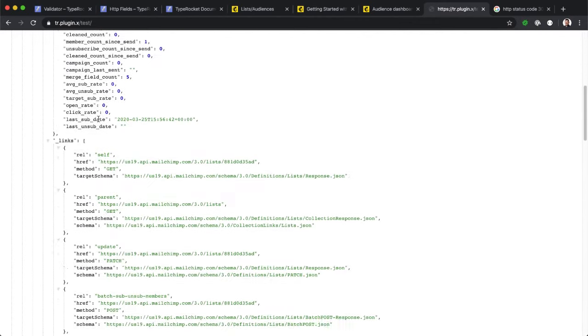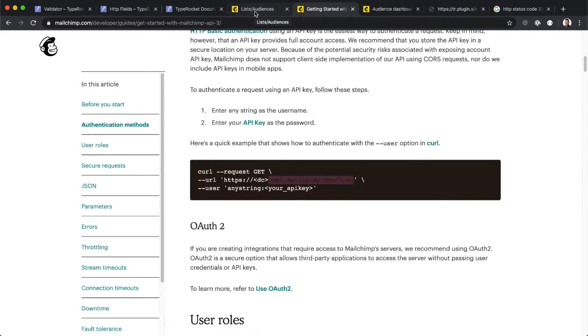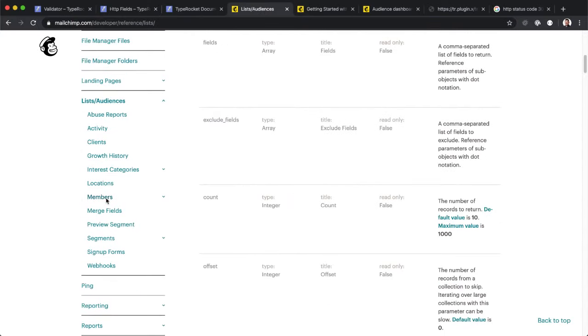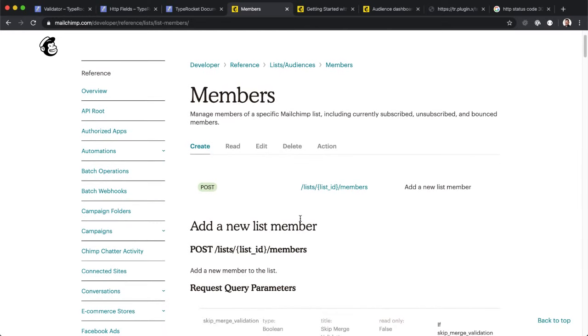So here's our subscription list, all the kind of stuff that we can do against it. But what we want is this ID, right? So we can add members. So now that I have that ID, I can go back to members. And now here's our list ID. So we just do a post request to lists ID members. However, I would tell you that if you do this post creation process, if somebody tries to subscribe and they're